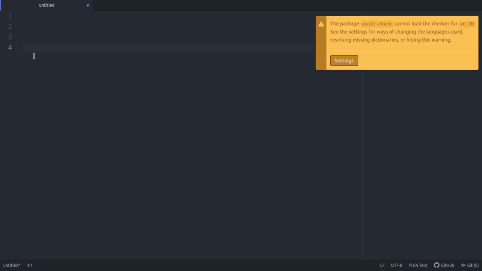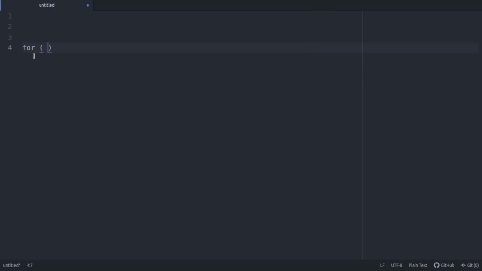Generally, the syntax starts with the keyword for. Then we write an initialization condition, that is, what our count should start with, followed by a condition till which the loop should continue, followed by an increment value. That is, each time the loop is executed, by how much should the variable be incremented.